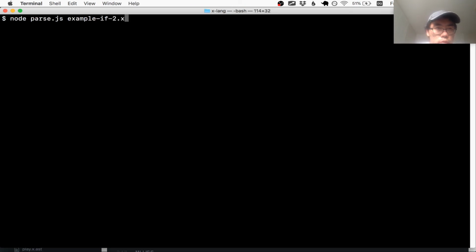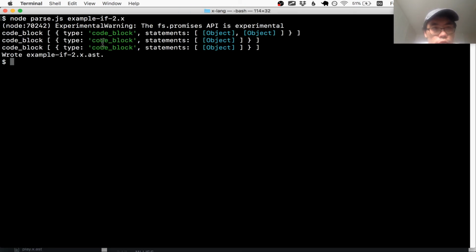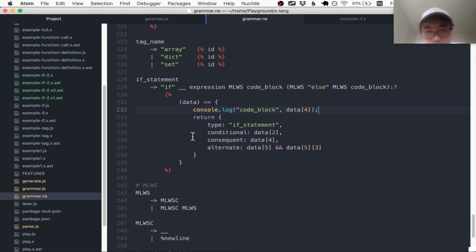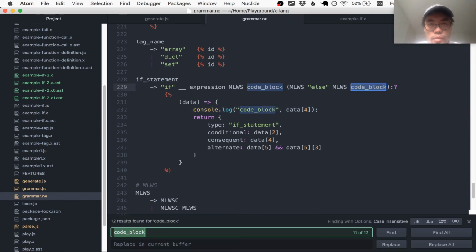Let's parse the thing. And in each case, where I printed out the code block, I'm getting an array of objects. Why is that happening? That doesn't make sense, because in a different place,